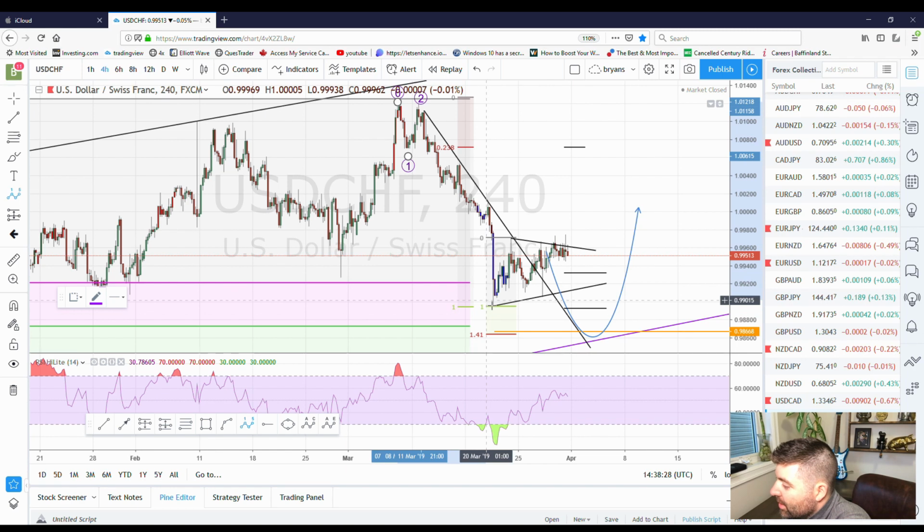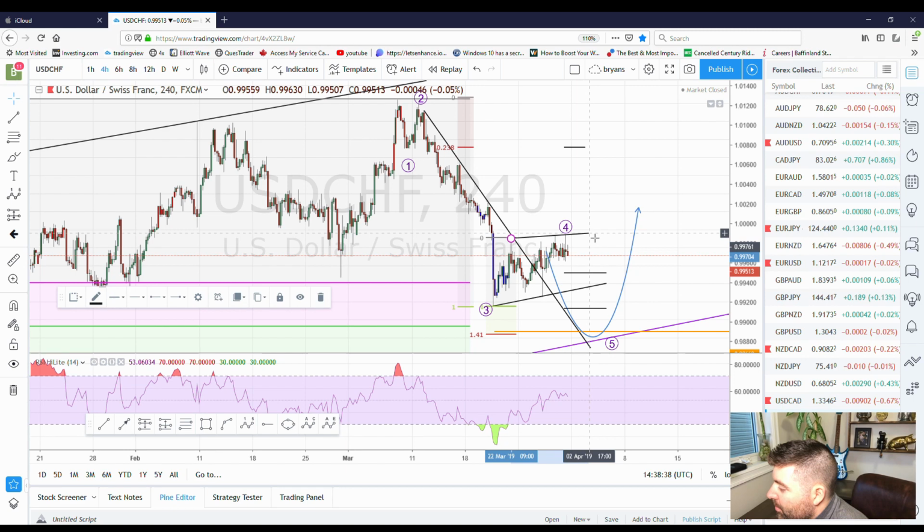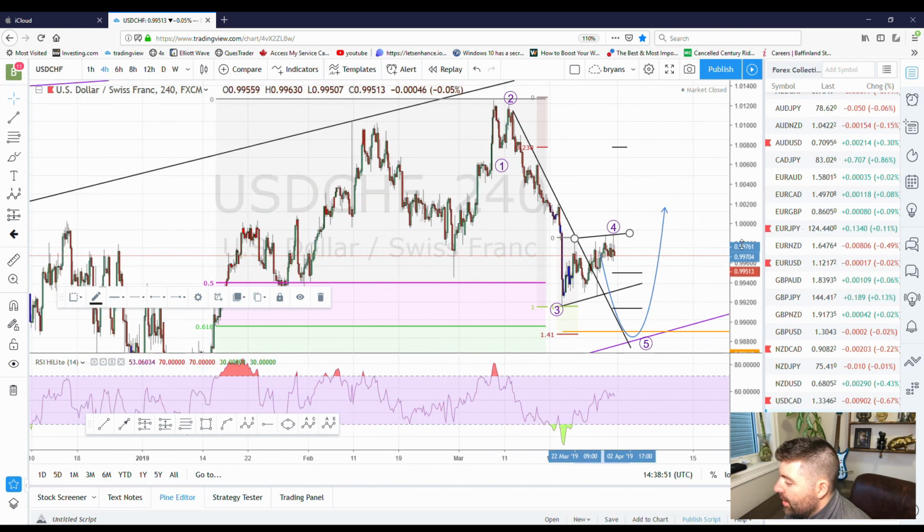In a potential fourth wave, a triangle usually happens, and that's what's been happening, this triangle or bearish flag. You can see that here's the mast and here's the flag happening right now, and that's very typical of a fourth wave, and that's what makes me believe that price is going to continue down and hit that major